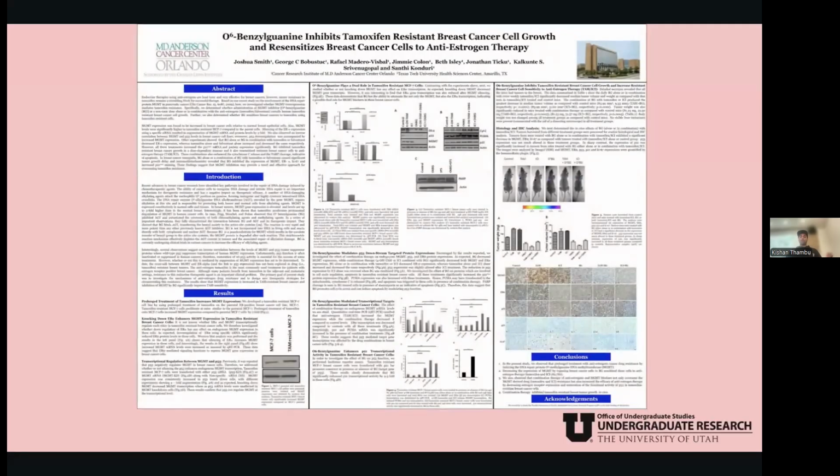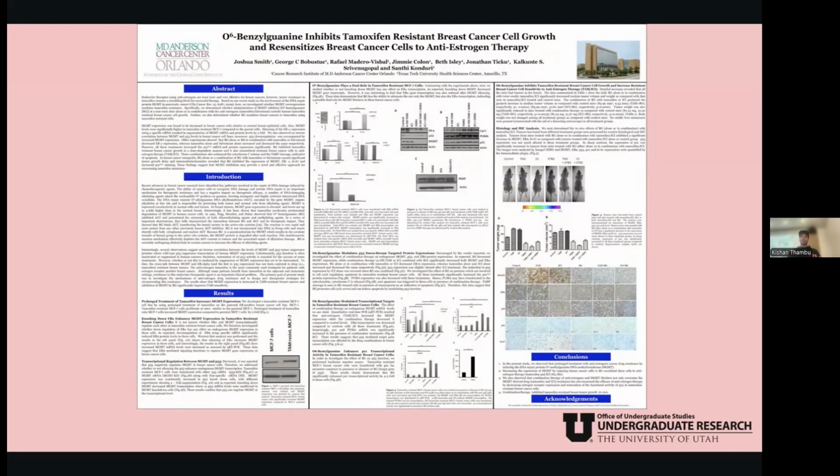Cool. So now we're going to go over some poster examples and what to do and what not to do. This is an example of a poster, and we'll go over why this is something you shouldn't do. If you look at this at first glance, you can see that there's a lot of text. It's way too text heavy, way too text dense. The text is way too small too, and there are way too many images.